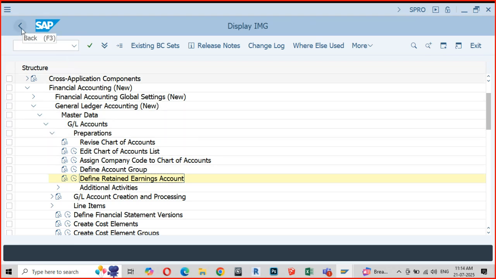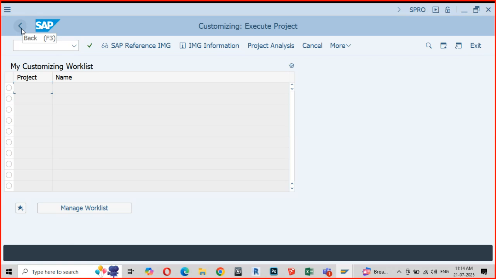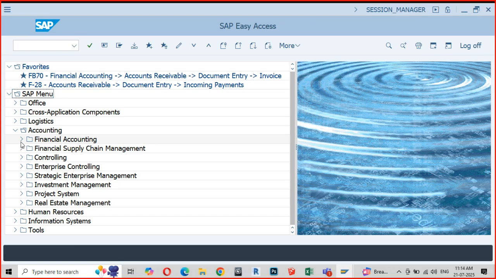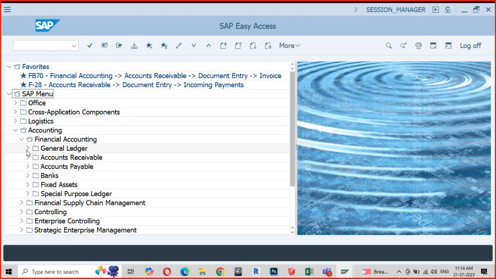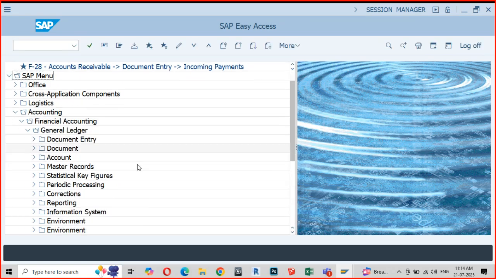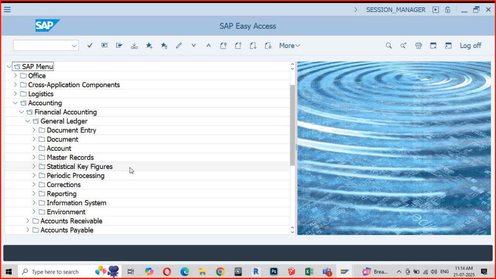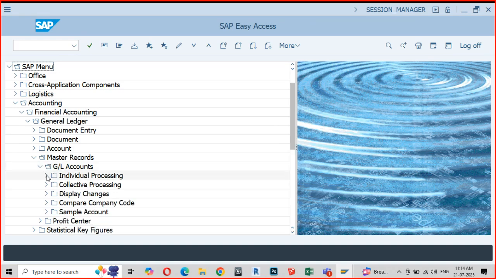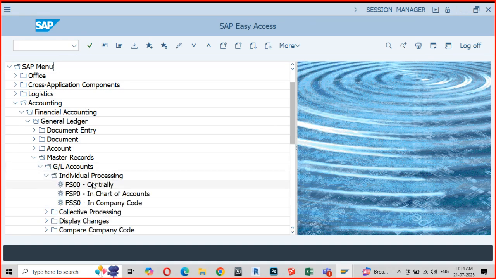Let me go back to the GL account master data in my easy access: accounting, financial accounting, general ledger. Here I'll go a little slow because this is your screen. Master records, GL accounts, individual processing.